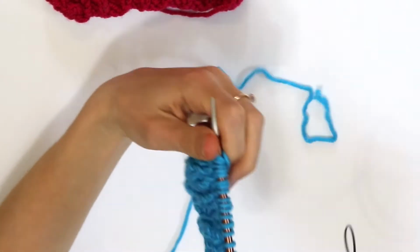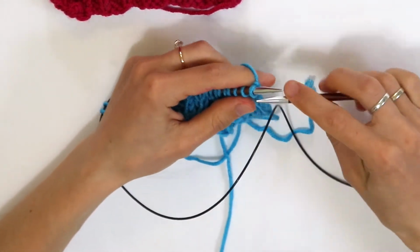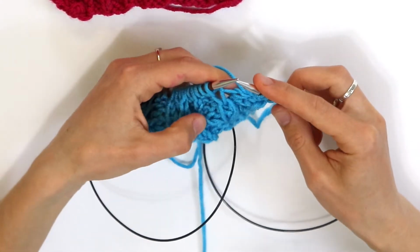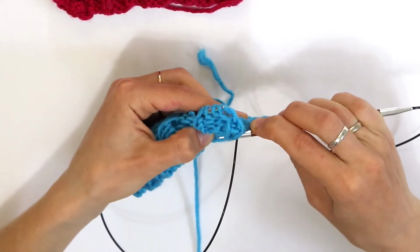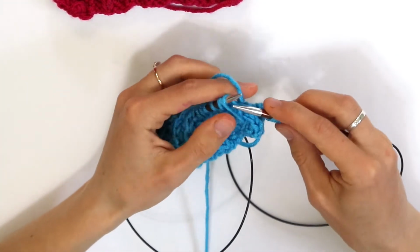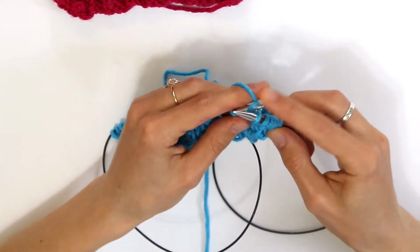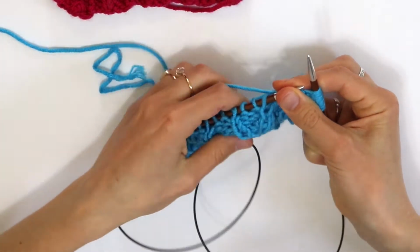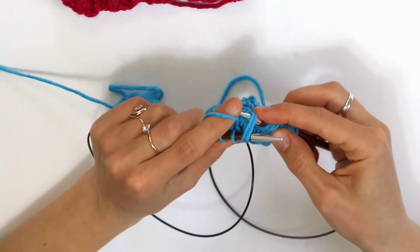Okay, the next row we are going to repeat again what we did before in the same stitch, purl 2, purl 2. So we are going into this stitch and we drag the yarn and the loop will be even bigger, longer. Knit 2 together, purl 2, knit 1, and again purl 2, going into the same stitch, pull this yarn, place it back to the left hand needle,